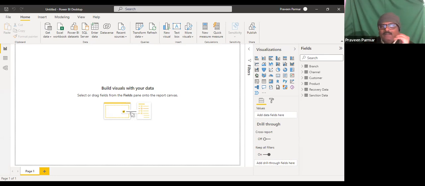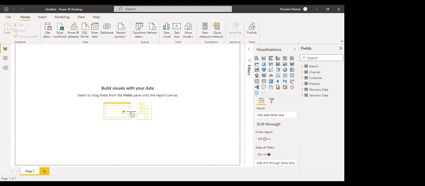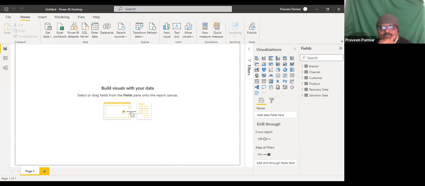There are a few commonly used DAX functions. Calculate is used to evaluate an expression in a context modified by optional filters. We will do it in this session. Filter is used to get a subset of an expression or a table. Calendar is used to get all the dates in a specified date interval. DAX can be used for creating the following extensions in Power BI: calculated columns, calculated tables, and calculated measures.